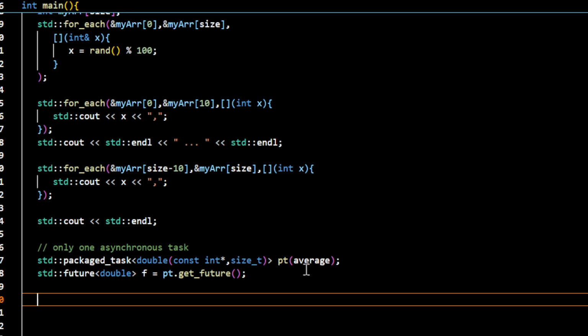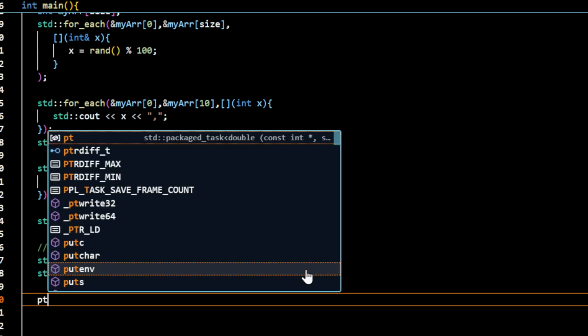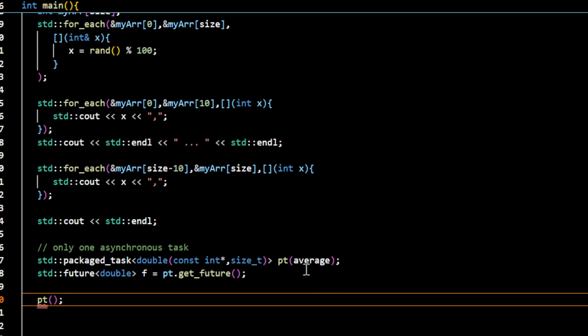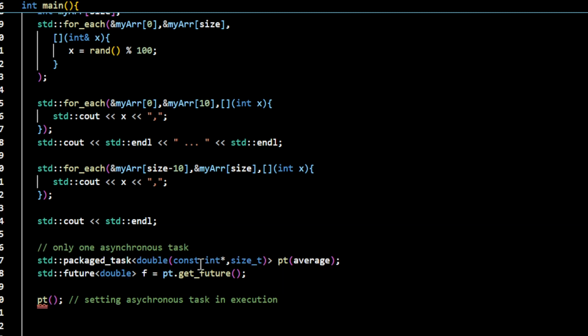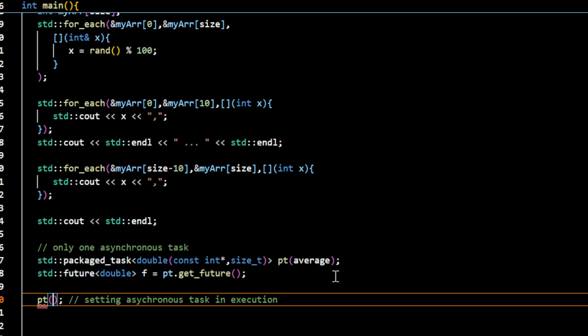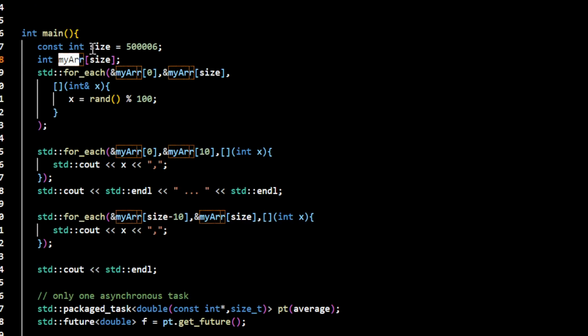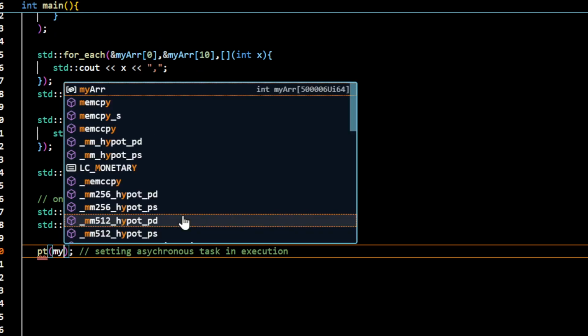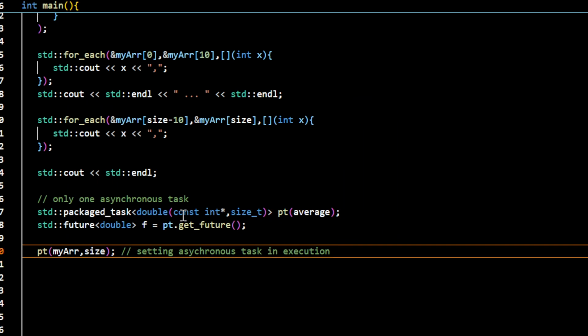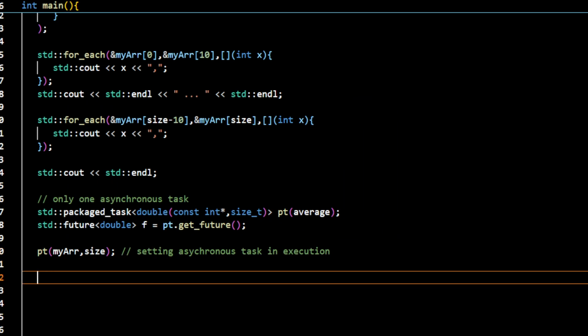Now you want to execute the task by just executing the pt object, pt. This is the way of executing, setting this asynchronous task in motion. Since the task receives an array and the size of the array, you need to pass the array. The name of the array we want to pass is my ARR, and the size is going to be size. So this is the way we execute this packaged_task object, and to get access to the data that is written by the function,